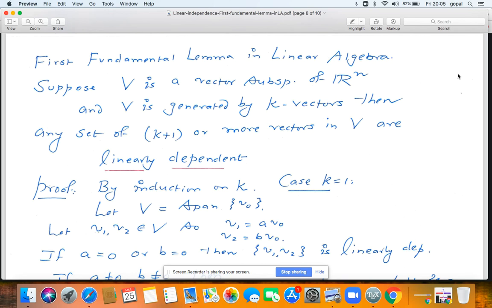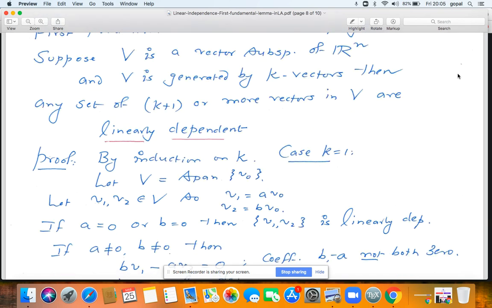We'll prove this by induction on k. Assume that k is 1. So V is generated by a single vector V0. And I have picked up two vectors V1 and V2 in V. So V1 is a multiple of V0, V2 is a